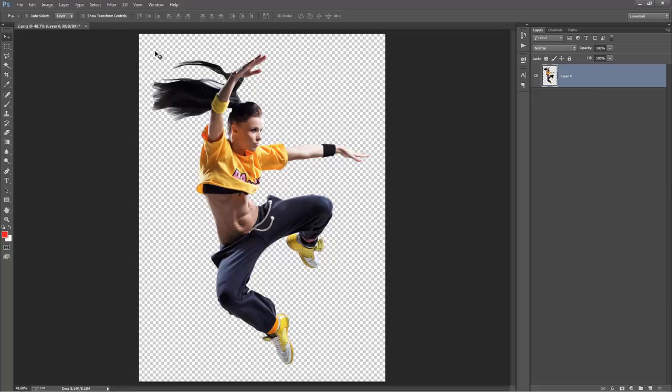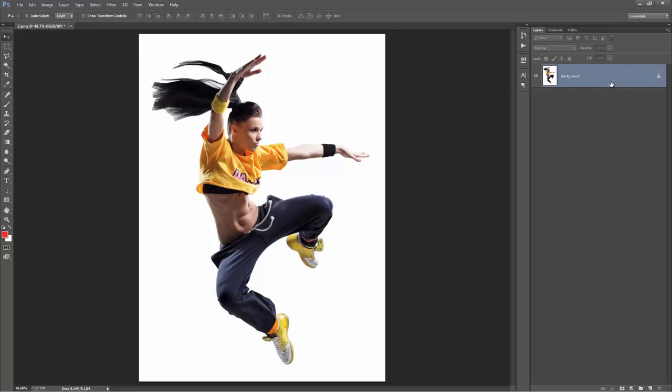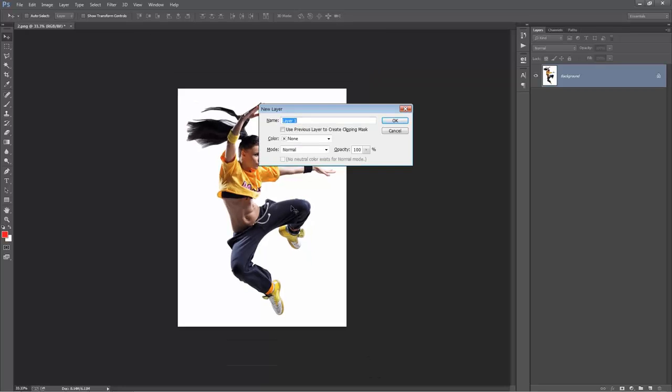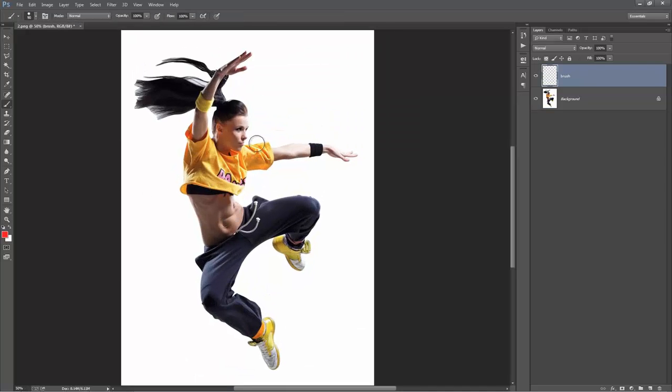So to do that, we want to go to Layer, New, Background from Layer. And what that'll do, it'll convert that to the background layer, but you'll notice that it's filled all in white. But that's okay because we can still run the action. So we're going to do that now. So create a new layer, call it Brush, hit B on the keyboard to get our brush, and select a hard brush, and let's start painting in where we want to disperse. And we'll get this one going down. So from here,